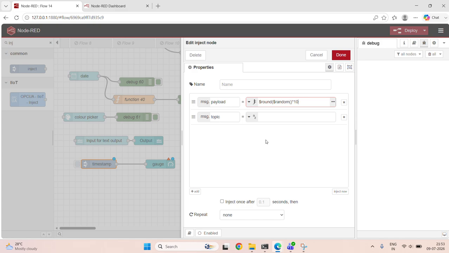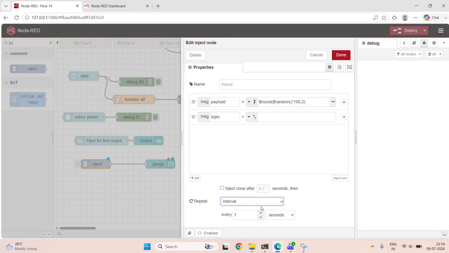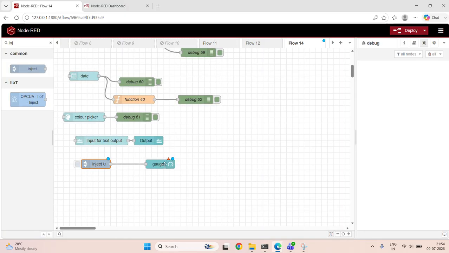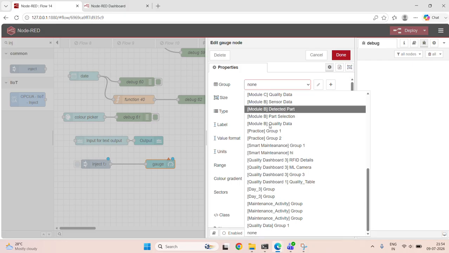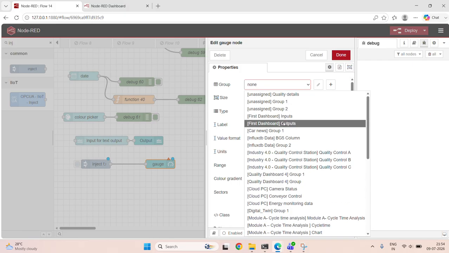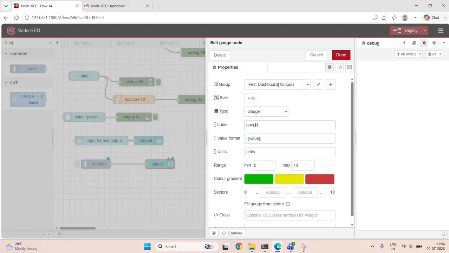So, I'm creating a value from 0 to 100 with the range of 2 decimal point, and I want to inject it every 1 second. Now let's configure the gauge node. First assign it a output, name it as,